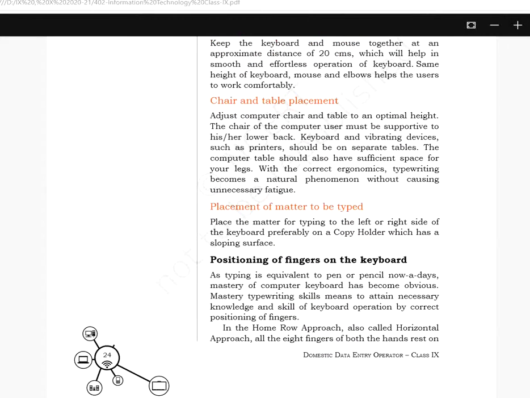Why does the touch typing method recommend that you should not look at the keyboard? Because typing work requires you either to remember all your content in your mind, that's a different thing. Otherwise, normally you see the page, you see the document which you want to type, and you again see the keyboard, you again see the document. So in the process what happens, your neck also suffers.